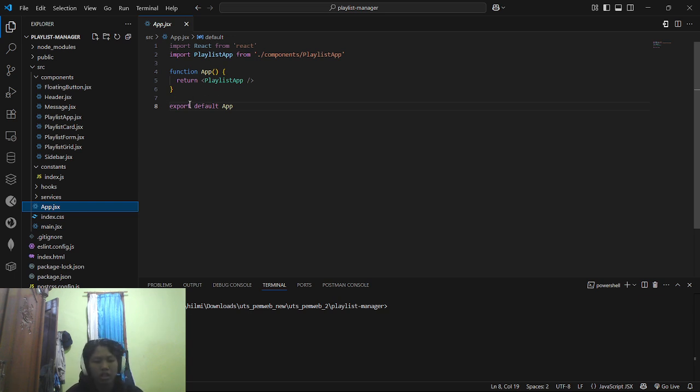So last, export the app component so it can be used in other files.